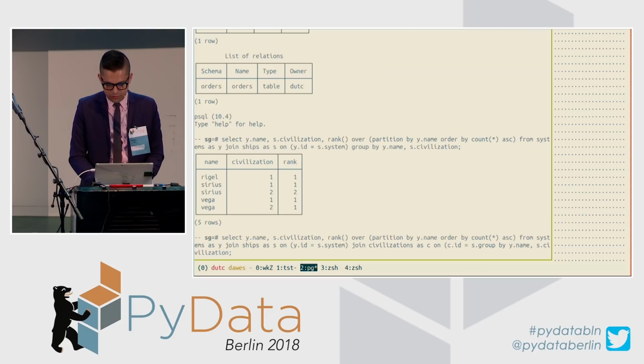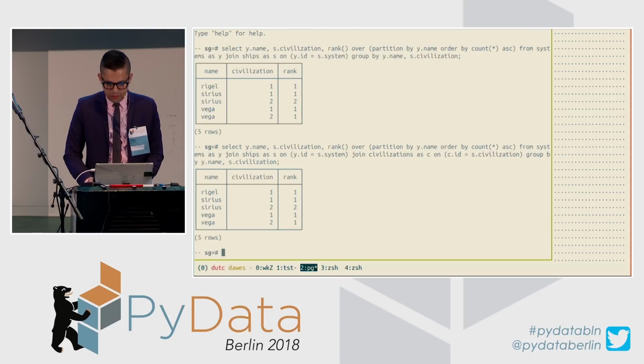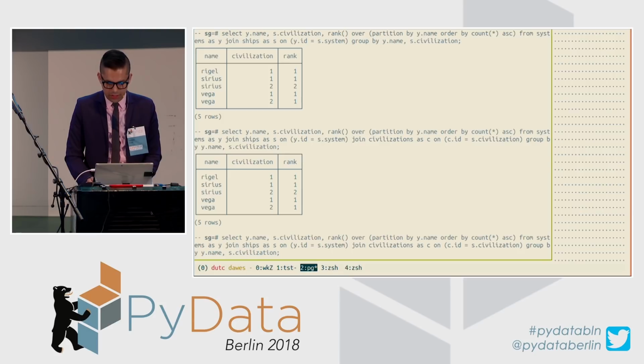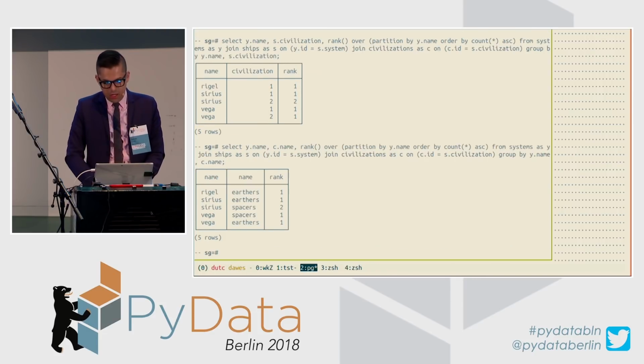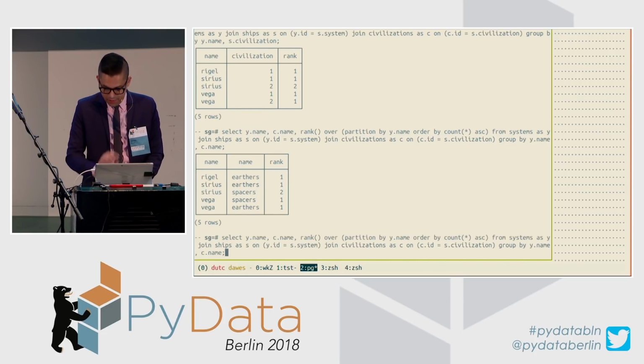Now I can make this a little bit easier to read by doing one more join. S dot. There. I can make this a little bit easier to read. And I'll do this as c.name. And you'll see that a query like this is actually much easier to do in a single form than you'd think. So there you can see we have some contention here, where in this particular system, two people have the same rank.